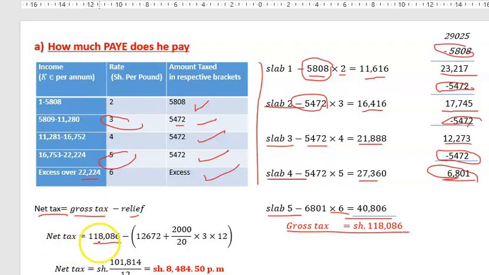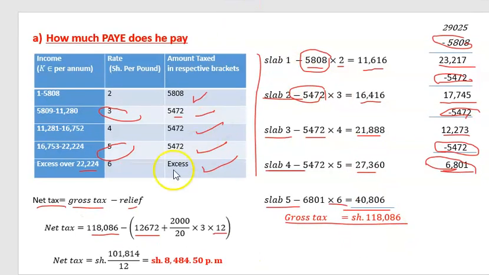And for this question, realize that we have two reliefs. The gross tax is 118,086. And then the relief is the normal one, 12,672. But because this person is paying the insurance, then he's going to receive 3 shillings per pound to a maximum of 3,000. And because we are taxing it per annum, I'll multiply that one by 12. So by so doing, I'm getting that the net tax for this particular person